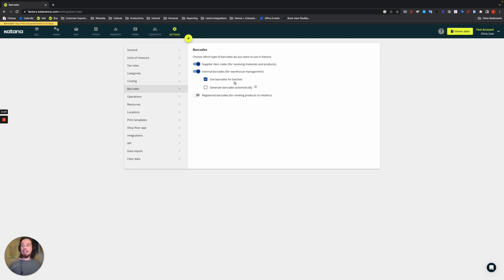With barcodes for batches, of course, this won't apply to everyone. This will only apply to companies that are tracking batch numbers. But if you need to reference a specific group of material or products from inventory that are batch trackable, you'll need to use a unique batch barcode to reference a unique batch ID. So that batch barcode can automatically get created to ensure that you have uniqueness across all of the items that